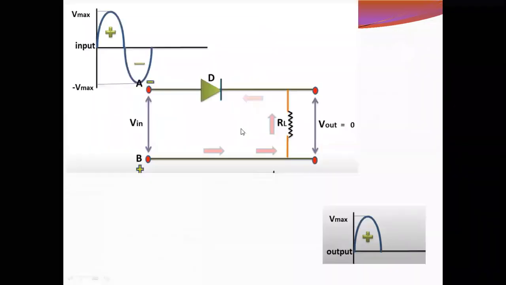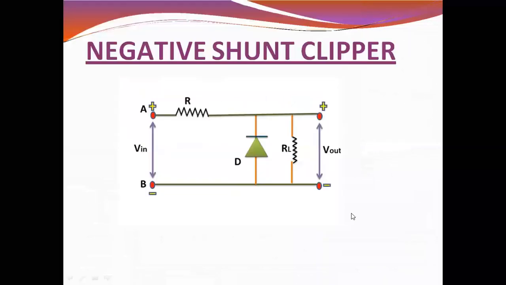Now in the second case, if you apply negative, then automatically at point A the voltage becomes negative. If you connect negative to this diode, this represents p-type. If negative voltage is connected to p-type, then the diode becomes reverse bias. Then obviously there will be no current flow in this circuit, so that's why we won't get any output. Clear? Now coming to the next one.